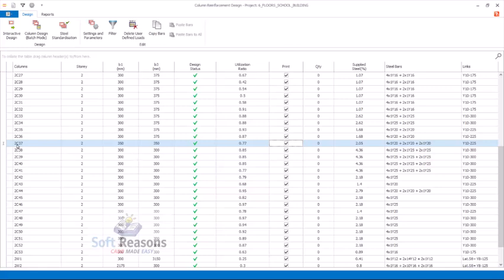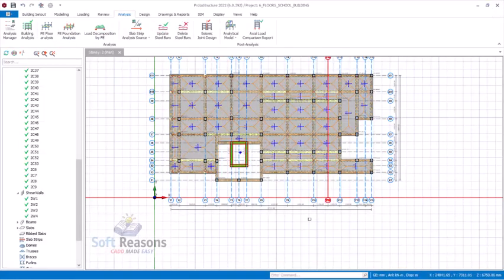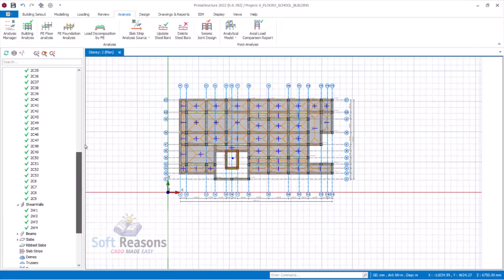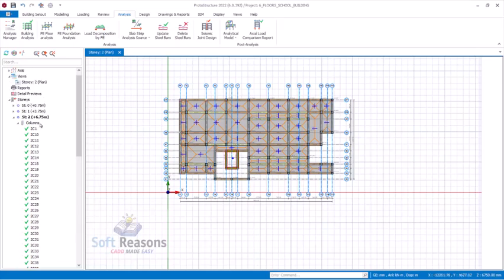So you see C2, C37. You have to check this column at the first floor to make sure that the section at the second floor is not bigger than the section at the first floor. That is what you will check. I just use this as an example to show you how to carry out interactive design. I'll close this right away. The same thing you will do for all of the floors. After you have done with your interactive design, you will now be looking at